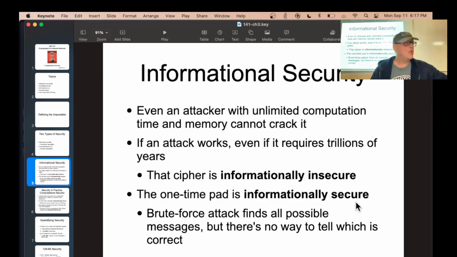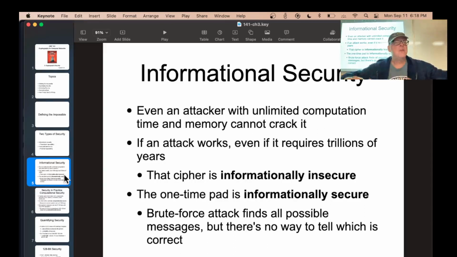And of course, if you only use it once, as we did last time, that's fine. If you use the same pad twice, that ruins everything. But if you only use it once, there is no information in the ciphertext that gives you any clue how to break it. So if you could overcome the key distribution problem, which is large, then the one-time pad would be perfect. And essentially all the cryptographic systems we're using are an attempt to simulate the one-time pad. We're going to see that.